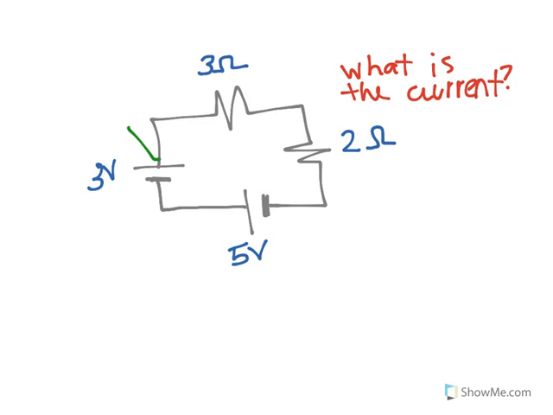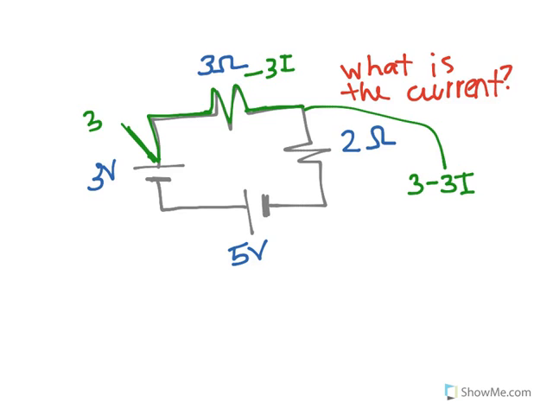So let's start here. Our voltage is going to be 3 because we have this 3-volt battery that we're starting at the positive terminal of. We walk along, no change, and then we get here. Now this is going to drop by I times R, but we don't know what I is. So what we're just going to write is it's going to be a change of -3, which is the resistance, times I. So at this point, between the two resistors, our total voltage is 3 from the battery minus 3